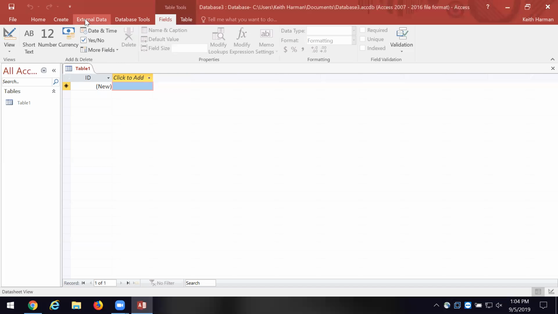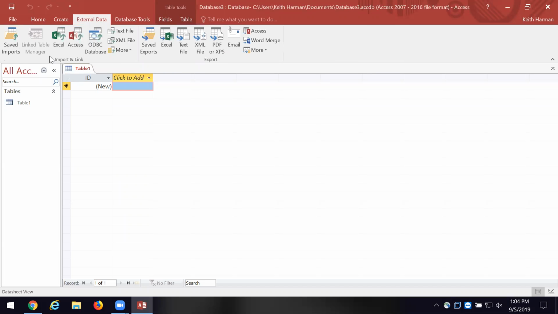So I'm going to click External Data, and you'll see here I can import or link. If I wanted to link to a table or to another database or to an Excel file, I can. If I want to import it, I just simply go through the import basis. You can see there's several types of files or tables I can import. So I'm going to import Excel,